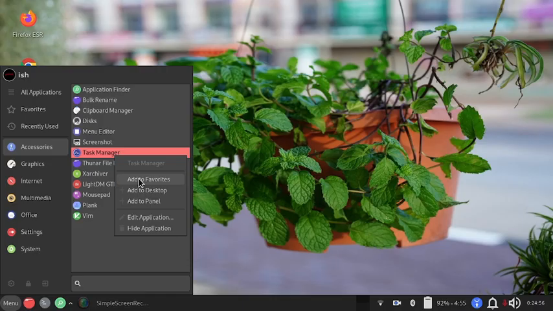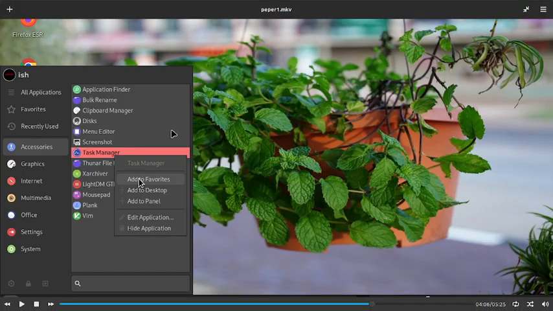This is a very good way to arrange your applications the way you want, because some people love their applications on the desktop. In this small limited space, for example, because you can't put anything in the dock here,